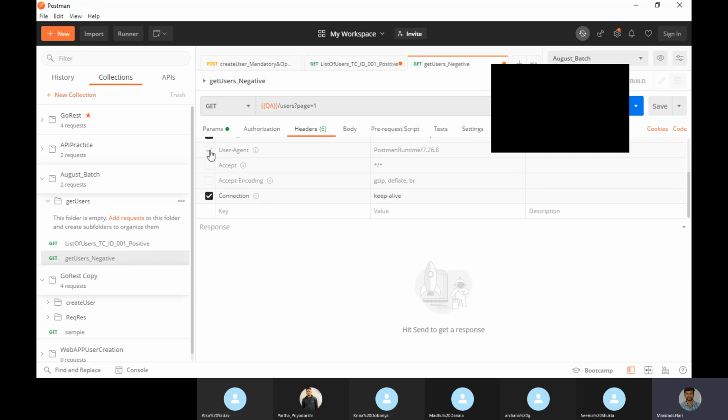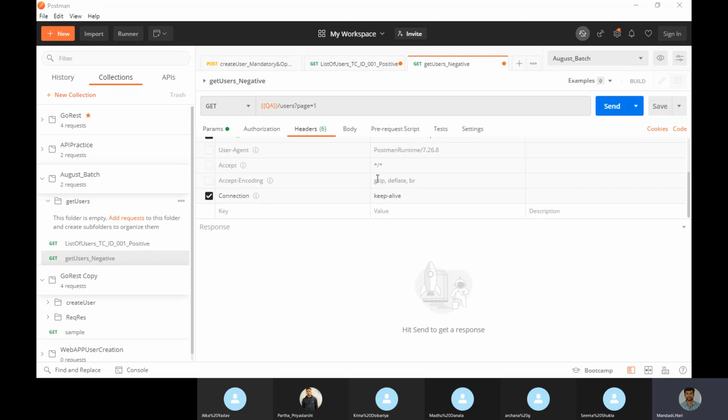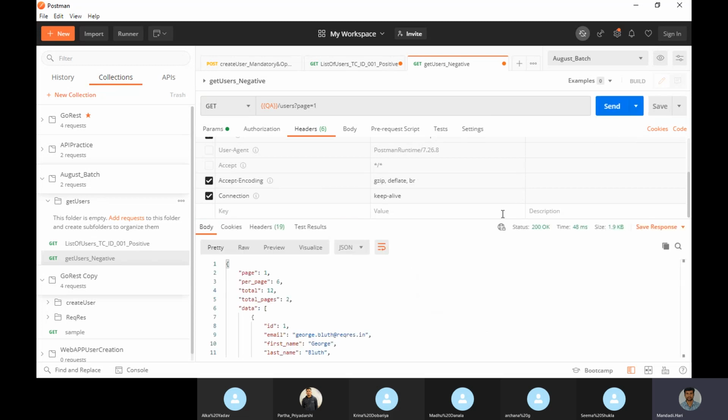This we don't check in manual testing or automation. We check what the developer gives us: some headers which have to be there, mandatory headers for every endpoint. I will check that by giving the wrong value, or without that header, such kind of things we do. Same way here, I'm just missing some default ones. They don't validate actually, that's why.